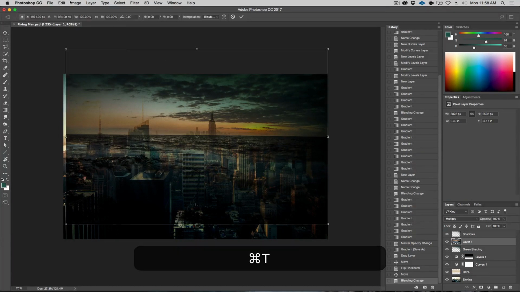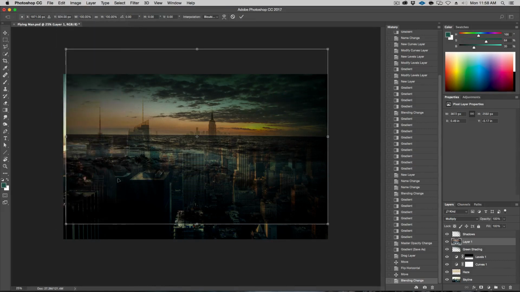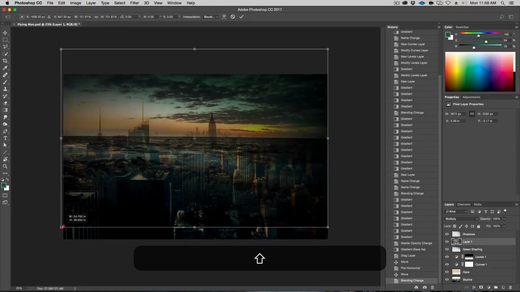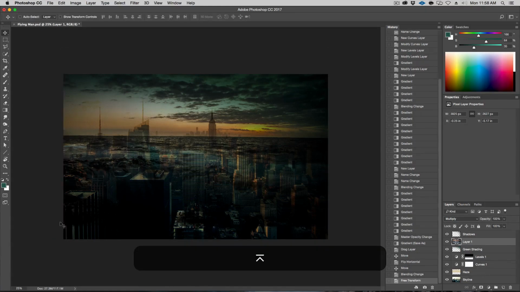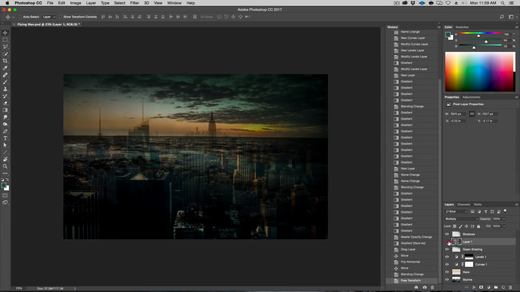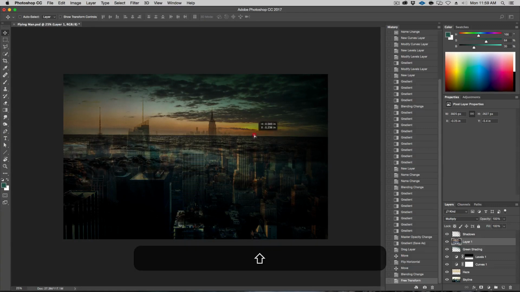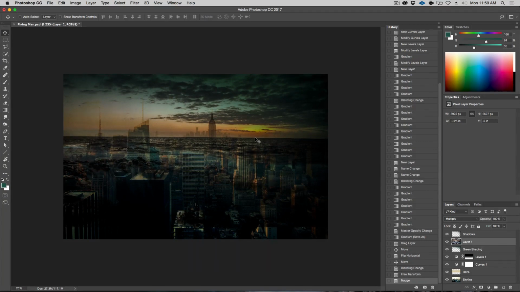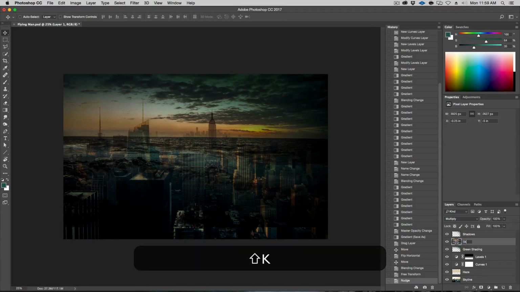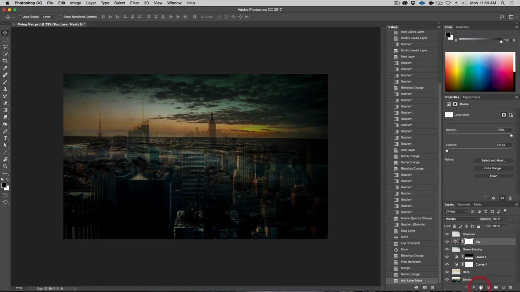Hit Command T or free transform over here, and just make this a little bit wider so that it goes across the whole picture. All right, and we're pretty much at the right spot. Something like this, not totally lined up on the horizons, but pretty close. If you want to, we can move this up a little bit. It's usually a good practice, if you're going to borrow the clouds from one photo to another, to keep the horizon pretty good.